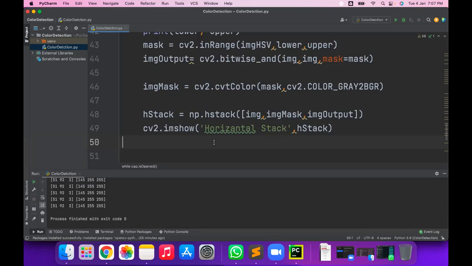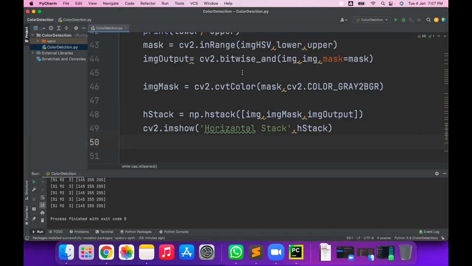Now the assignment for this project is you have to find out the mask for the red object, blue object, green object, yellow object, and suppose the orange color object. So take different color objects and find out the mask. What is the minimum value, maximum value, minimum H value, maximum H value? You have to play around with this by varying the track bars, and note it down.